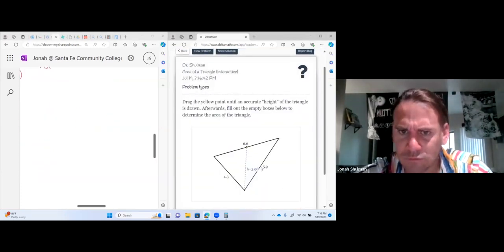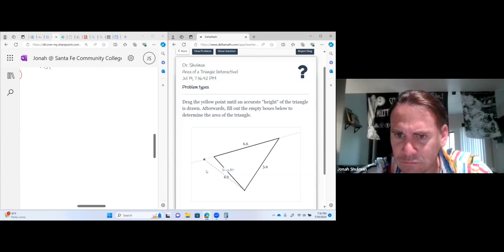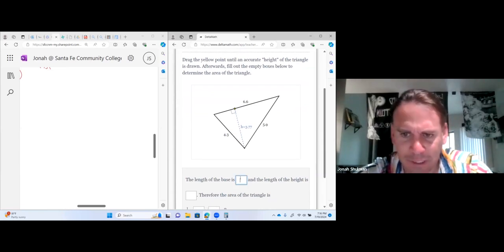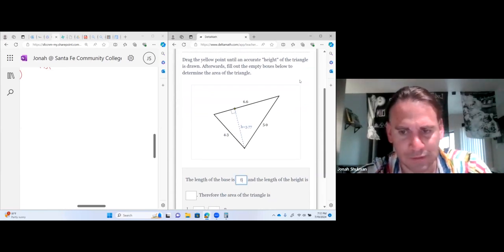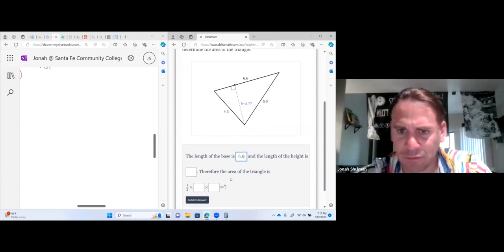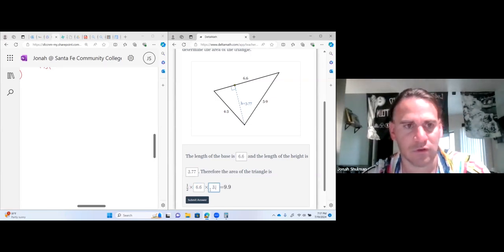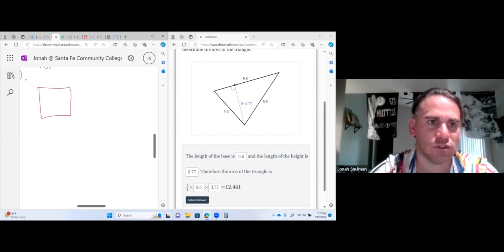Okay, so drag the yellow point. So we want to get the right angle to get it. So the length of the base is this whole thing, which is 6.6. The height is 3.77. So we just have to multiply them together. 6.6 times 3.77. Because a box is usually base times height or length times width, but if we cut it